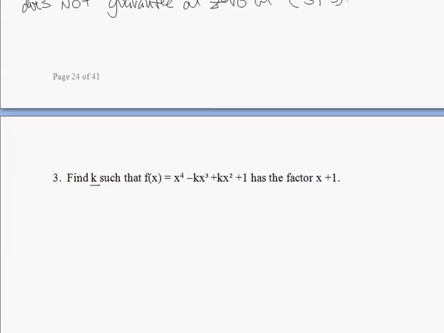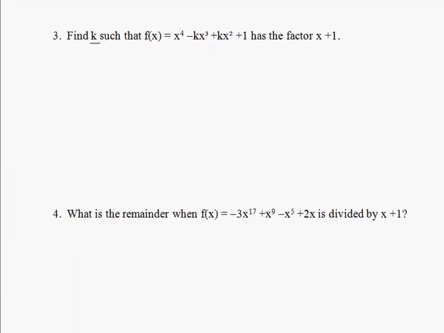Our next problem is pretty straightforward. It says find k such that here's our polynomial function. We don't know what k is, it's some constant, and we know that x plus 1 is a factor of this. So since x plus 1 is a factor, we also know that if x plus 1 is set equal to 0, we get -1, so that means -1 would be a root. That means f of -1 must be equal to 0. So let's plug -1 into this function, set it equal to 0,